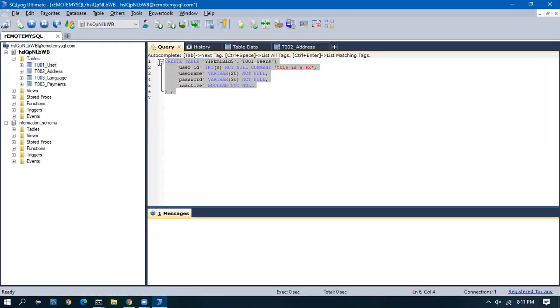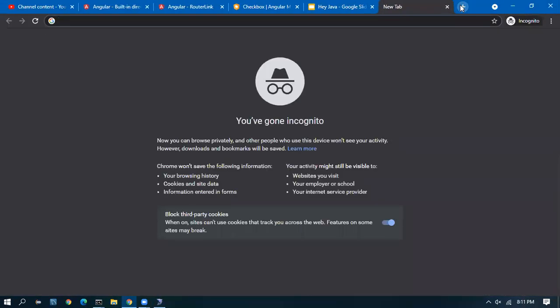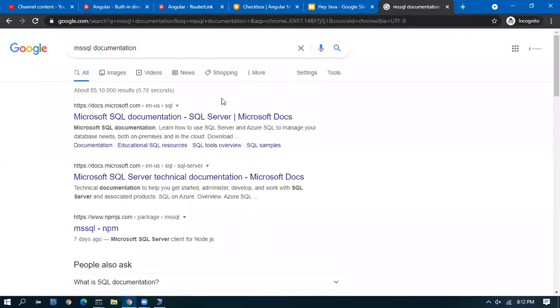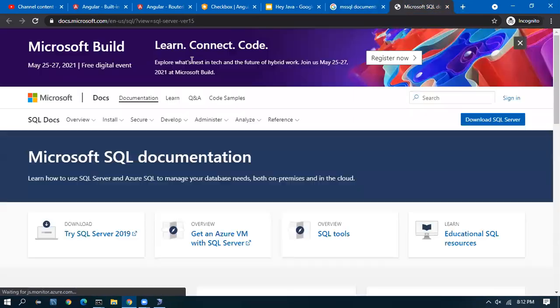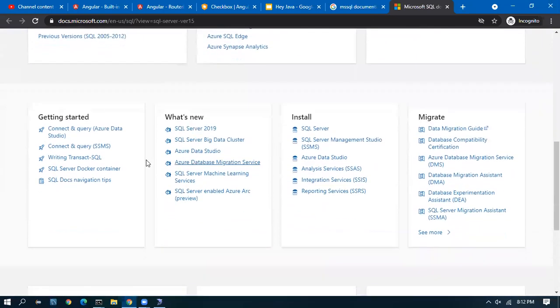So if you want to know what the syntax of this is, whatever database you are going to deal with in your project, you have to go to the documentation. Let us say you are going to deal with MS SQL. That's the most used database across the world after MySQL. MySQL being lightweight, every web project uses MySQL. If I'm going to use MS SQL documentation, okay, there is a documentation. You can download the server here. Again, the Express edition, which is a free version.